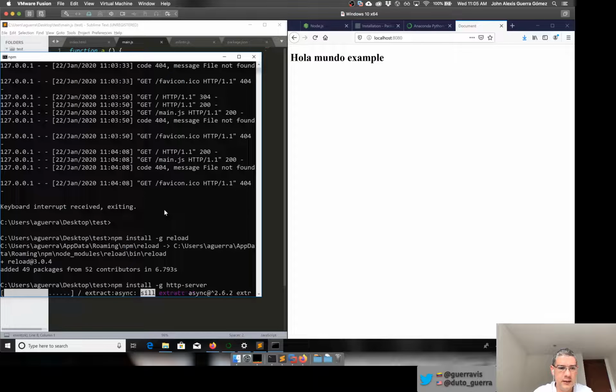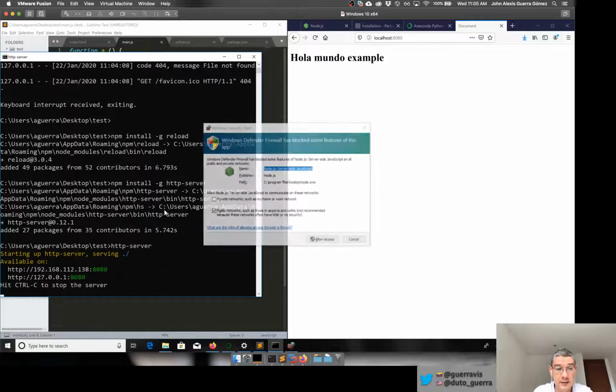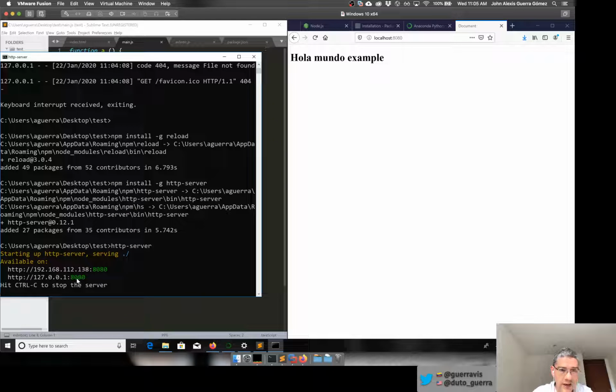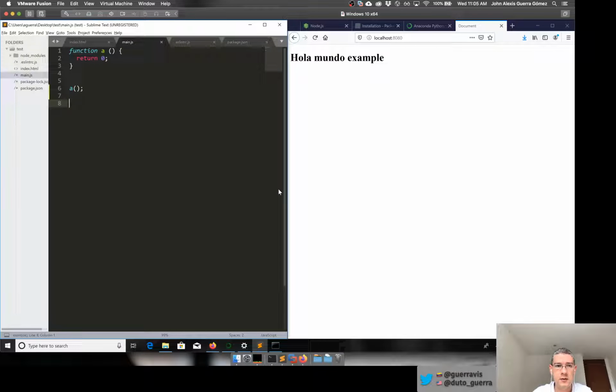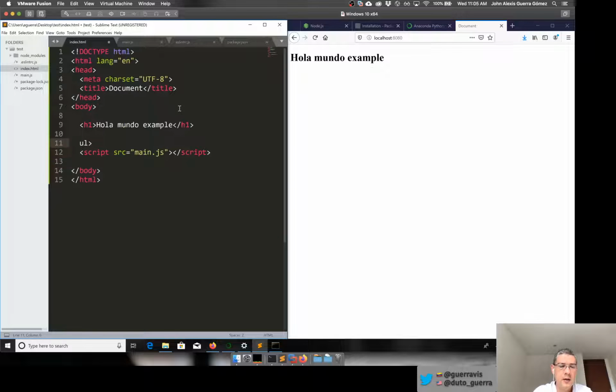Meanwhile, while this thing installs, it doesn't take too long. Yes, good. So if it's not taking that long, then I'm going to show you with HTTP server. The way you run it is just by saying http-server, and then it's the same thing, allow access. It's also running on 8080, and if I refresh here, I get the same thing. So same old. If I just go here and create a list item with 3 of them or something like that, I can actually,